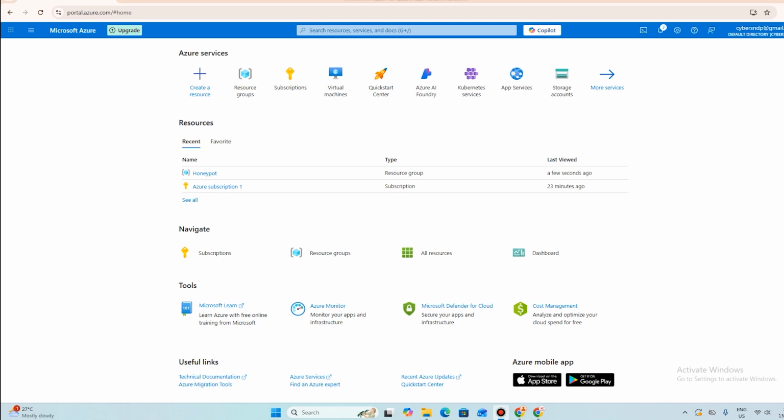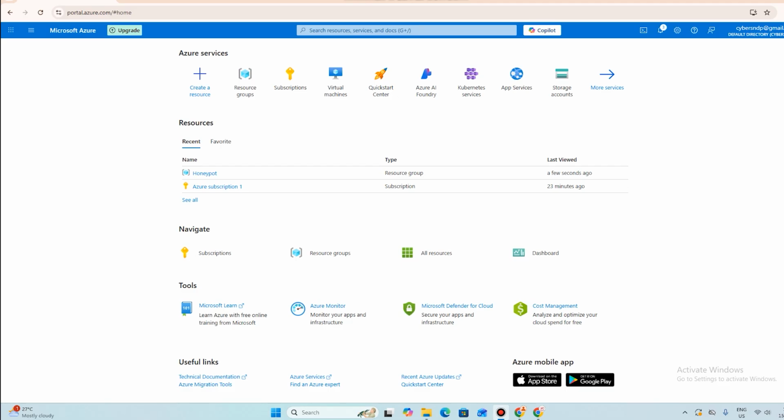Hello everyone, in today's video I'm going to show you a step-by-step process on how you can build your own Microsoft Sentinel home lab in Azure using the free Azure account. We'll deploy a virtual machine, expose it to the internet like a honeypot, and let real attackers target that machine. Then once we collect enough attack logs, we'll start analyzing these logs inside Microsoft Sentinel, just like